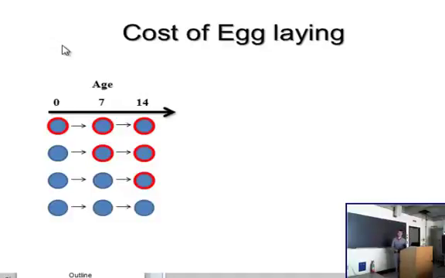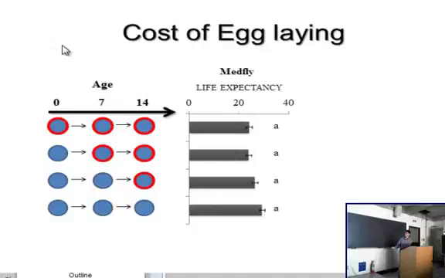To really determine what the cost of egg laying was, there needed to be a second control, and these were flies that never had access to the host plant. So this would be some baseline survival where there's no cost. When you actually look at the life expectancy of the medfly under all these treatments, there's a very surprising result. There's actually no difference between the individuals that are never laying eggs and those that are continuously laying eggs. So this shows there's a lack of egg laying costs and a lack of cost of reproduction. And this is really not what was expected.